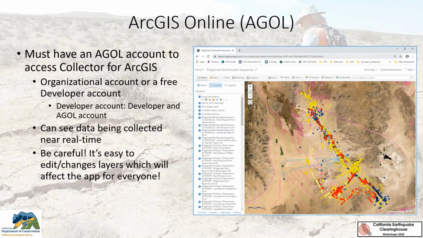So once the layers are created in ArcMap, they are shared to ArcGIS Online. A map is created, and then that map is shared with a group, and that group has protections on it that are managed by myself or another GIS analyst on who can be added to that group. Because CGS and USGS have organizational